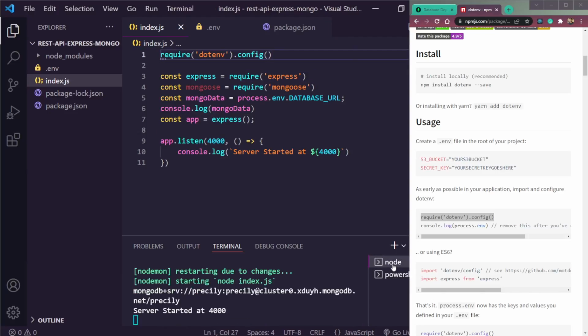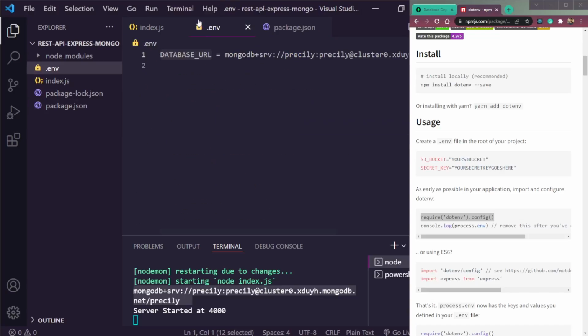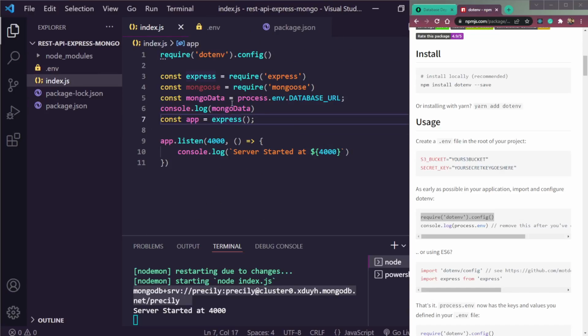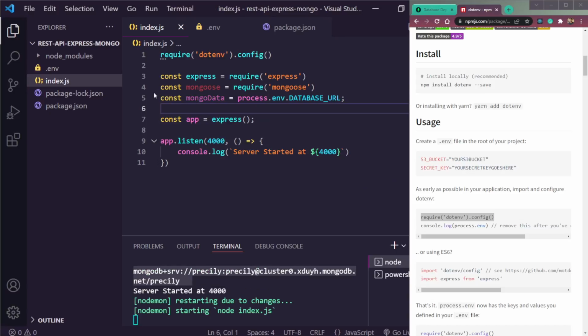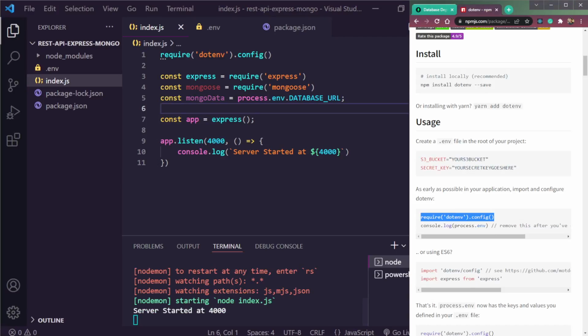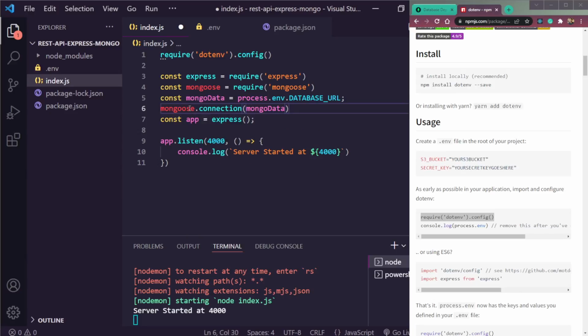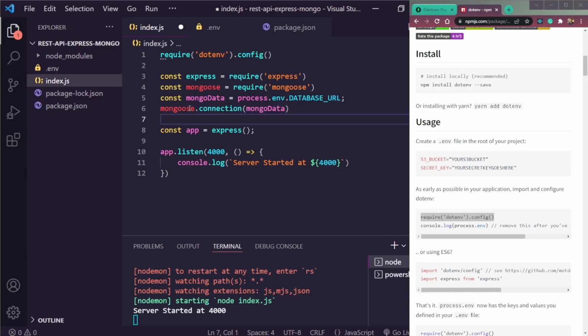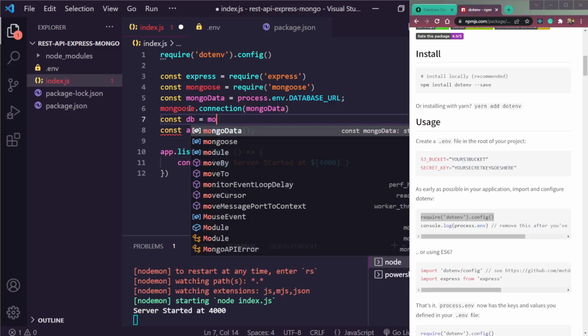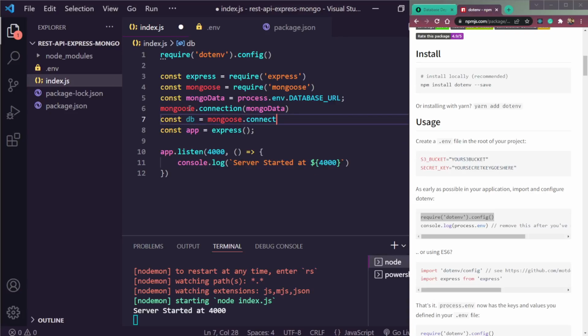Then save. Now you see we are getting the data here in our console. So now we can use this MongoDB string here in this env file to connect to our MongoDB database. So let's do it. We have to use mongoose.connection. It takes a parameter that we had added previously, the Mongo data. That's it. Then we have to create one DB instance, and we can just say mongoose.connect simply, then